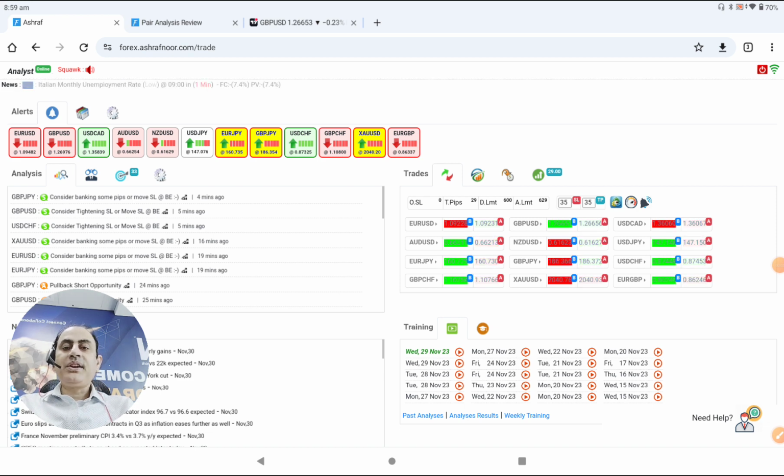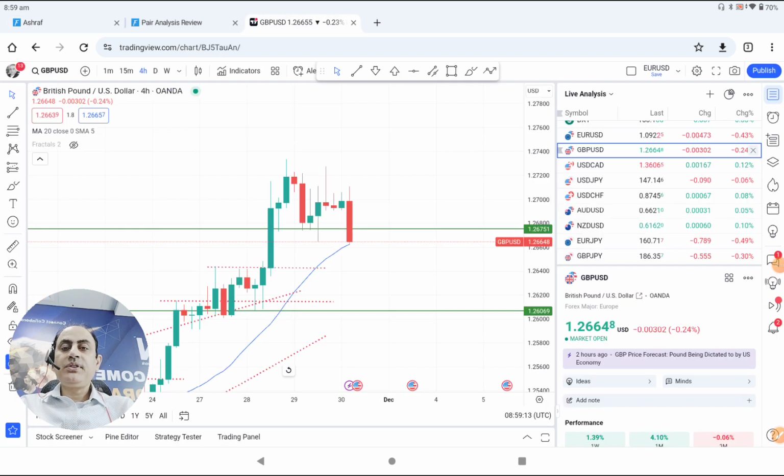Bank amazing profit. Let me share with you guys how I analyze the market in pound dollar and help my traders bank amazing profits. If you look at the 4-hour chart, yesterday at the New York session, we had this long trade here, guys. And after banking some profit today, as I explained to my traders, if you look at,